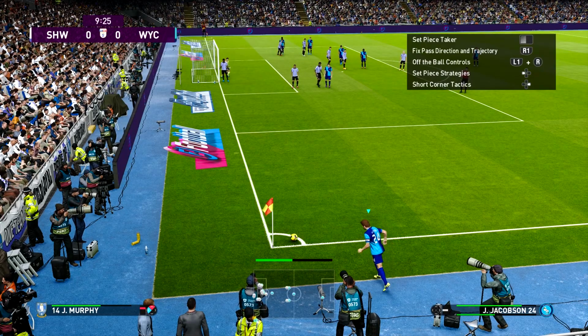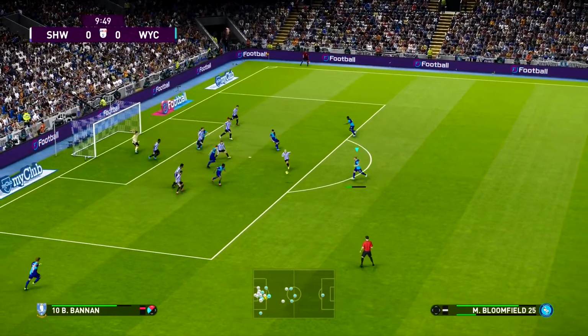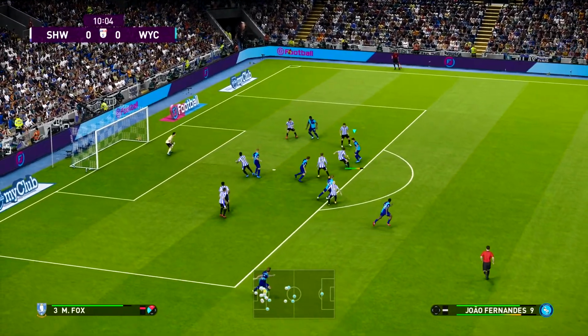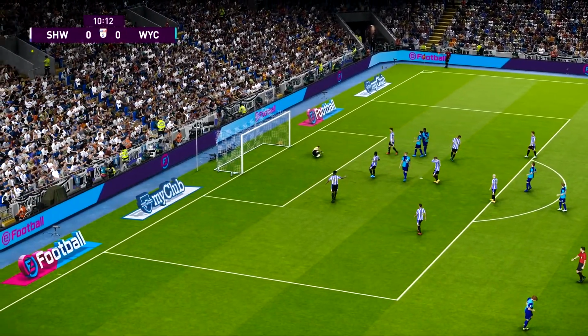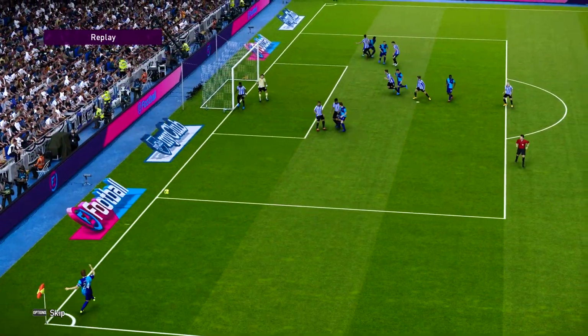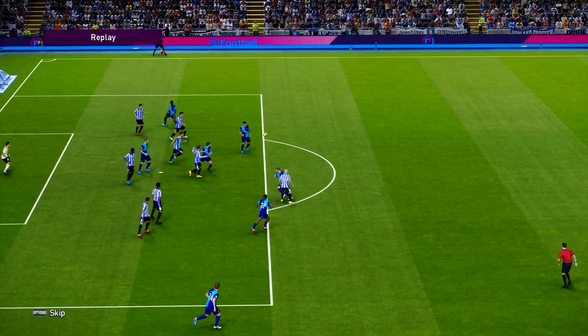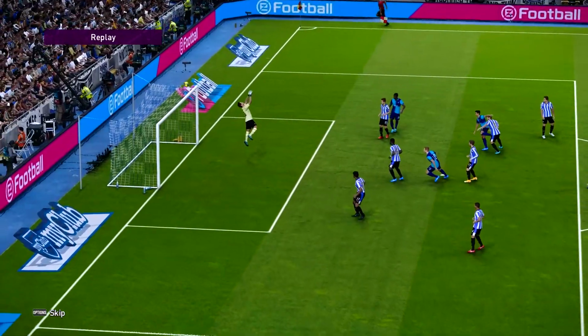Decent crossing here would be nice. If we can play it to the front post, no, he's not won that header. Bloomfield wins that though. João Fernandes! Oh, João Fernandes! Oh, a little bit less power on that shot and it's in. He was in such a good position there. Oh, he takes that touch and it takes it past his man, and